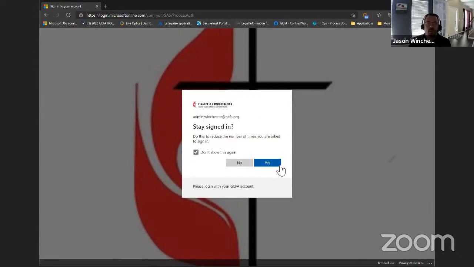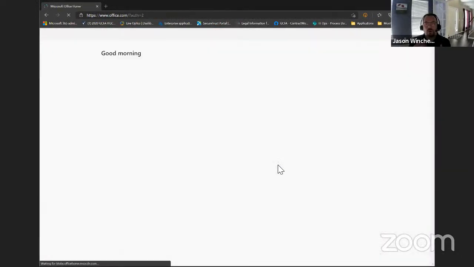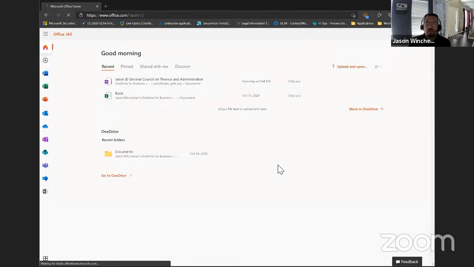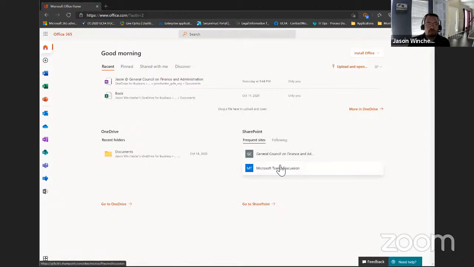Okay, so once you get logged into the system, it will bring you to your portal. The portal is kind of like a main page for your Office 365 environment, okay? You guys will have not just access to email, but to the Word application, the Excel application, all through the web portal. So you'll be able to access it online, as well as some other features.